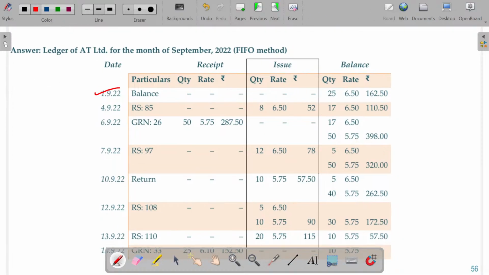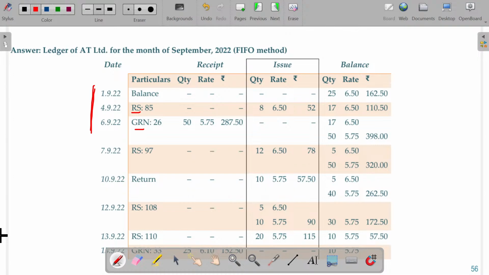See here in this illustration. First September, balance and goods received on 4th September, then 6th September, 7th September issue and return and issue. All the receipts as well as the issues are ordered based on date. This is called perpetual. Perpetual means whenever goods are received, they are immediately recorded. Whenever goods are issued, it is immediately subtracted from the balance available. That's called perpetual. But in practical life, you don't prepare the stores ledger the perpetual way, because the accountant